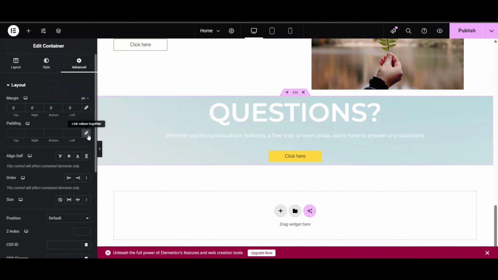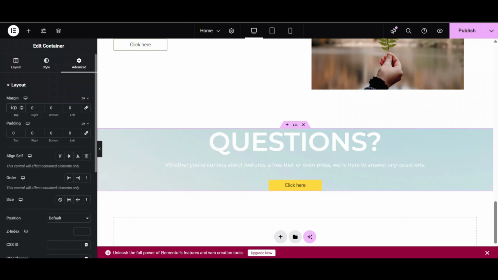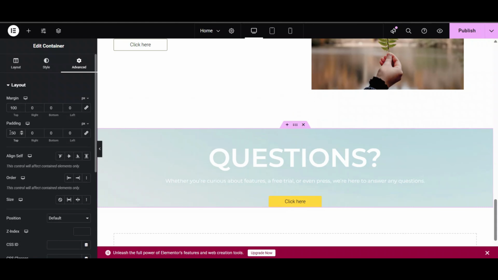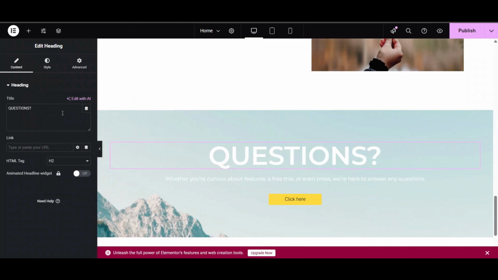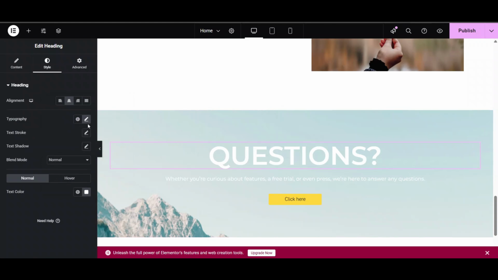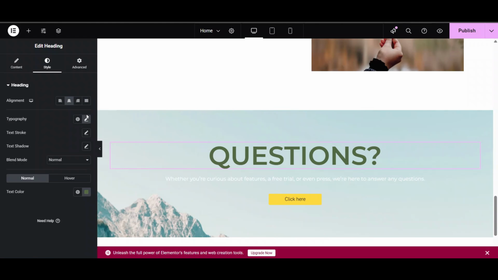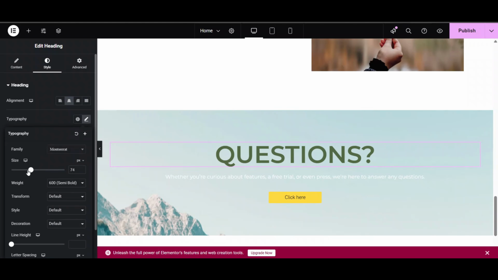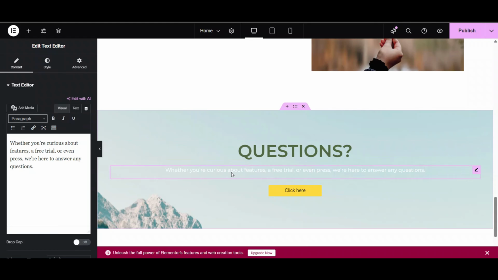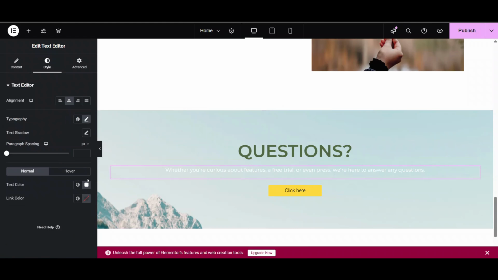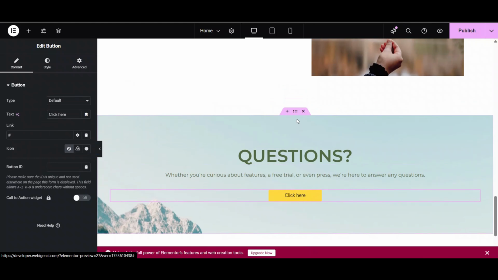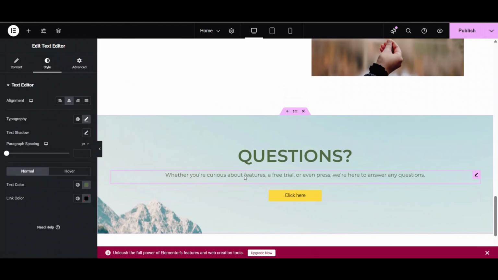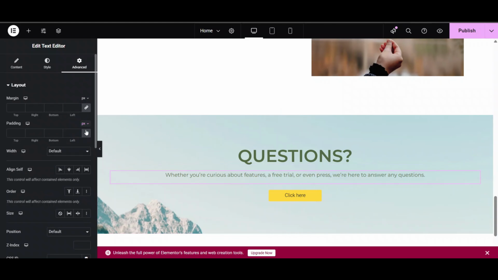Let's add margin and padding first. Now we want this to be center aligned.